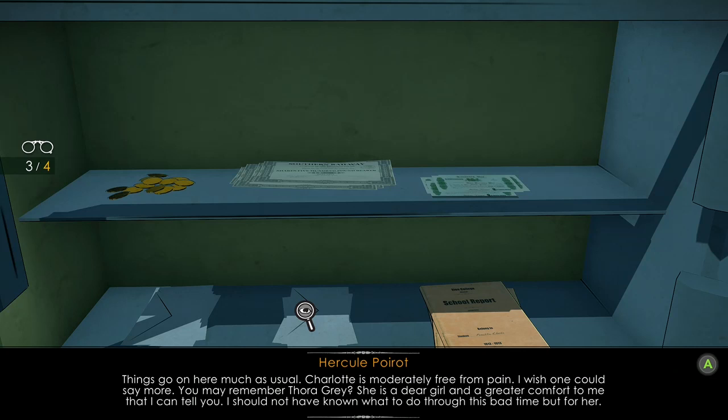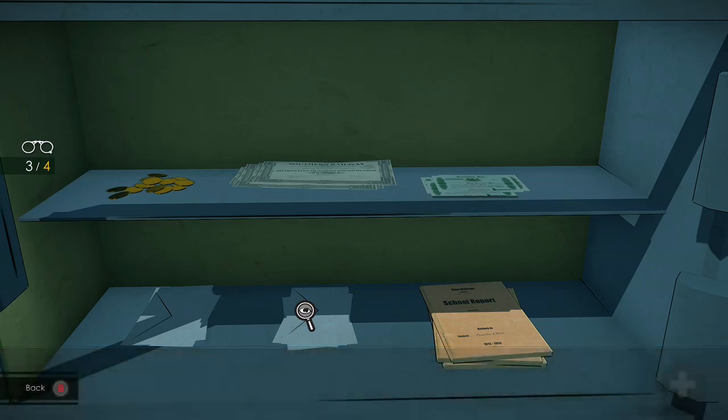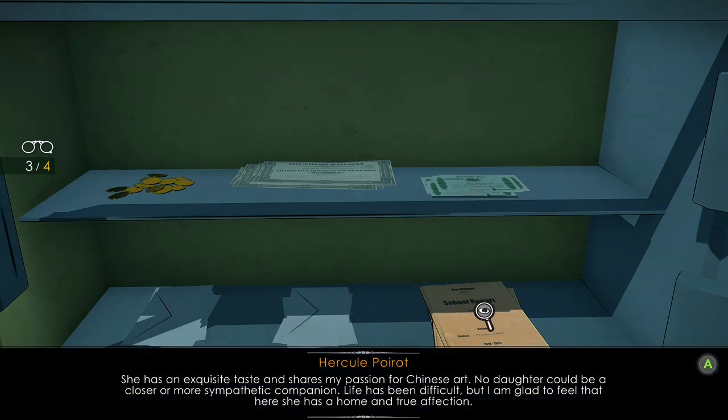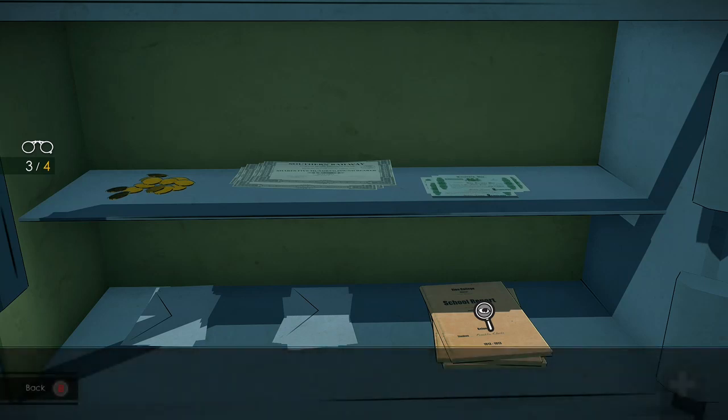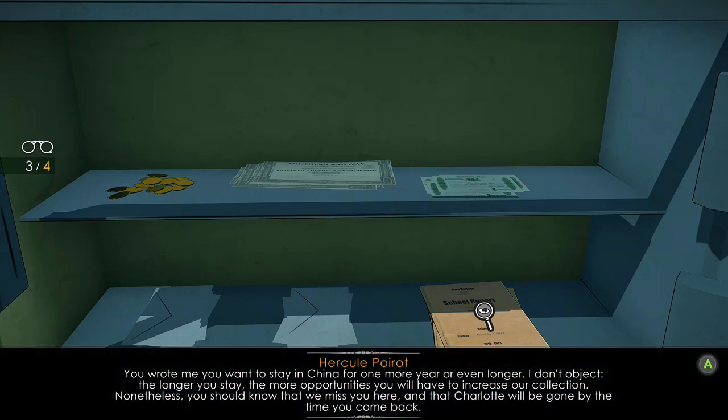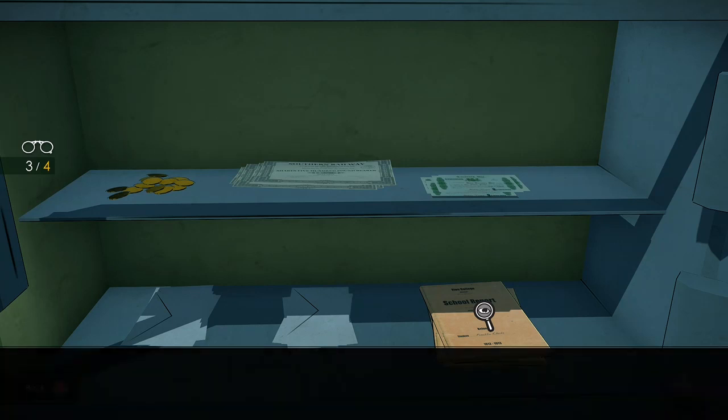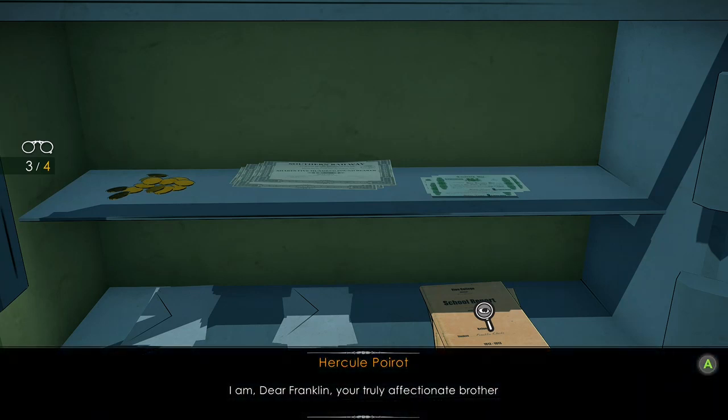You may remember Thora Gray. She has an exquisite taste and shares my passion for Chinese art. No daughter could be a closer or more sympathetic companion. You wrote me you want to stay in China for one more year or even longer. I don't object. The longer you stay, the more opportunities you will have. I am, dear Franklin,